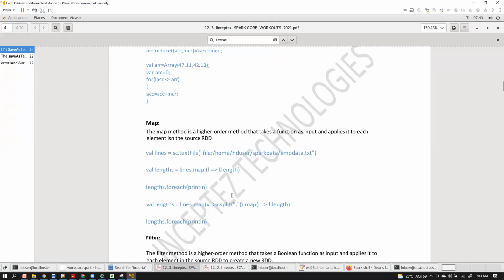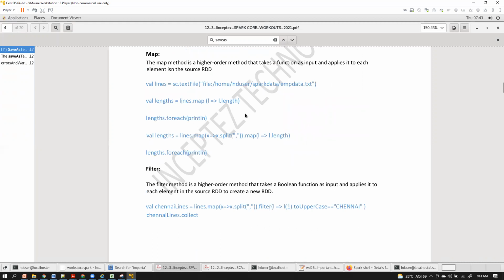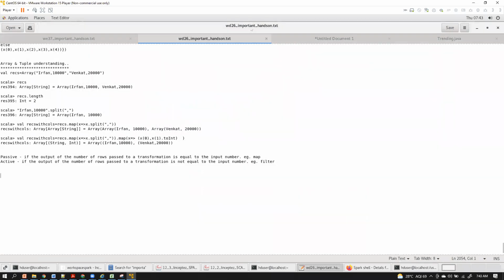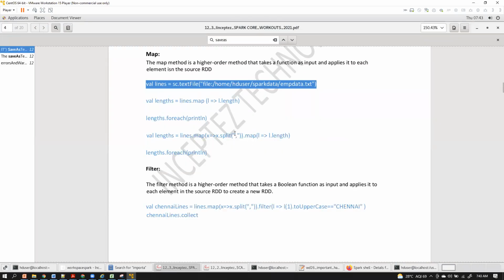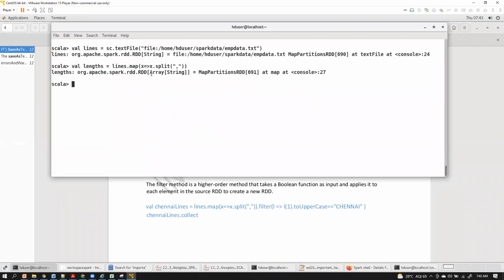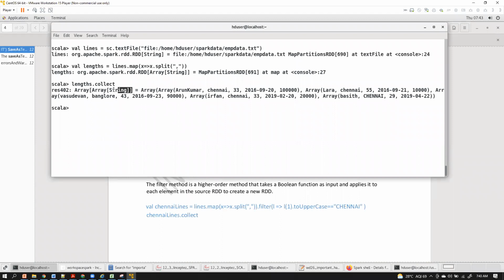So far, you have seen over here, right? Maybe I just additionally showed today how to create a tuple on top of this. So far, we are seeing only how we have the data in the form of an array. Today, I was just showing you how to convert this array into tuples. Till here, you will see only an array created. RDD of array or array of array, we can call anything. When I put dot collect, it is going to show you it contains an array of string. How to convert this array of string into tuples is what I have shown you guys here